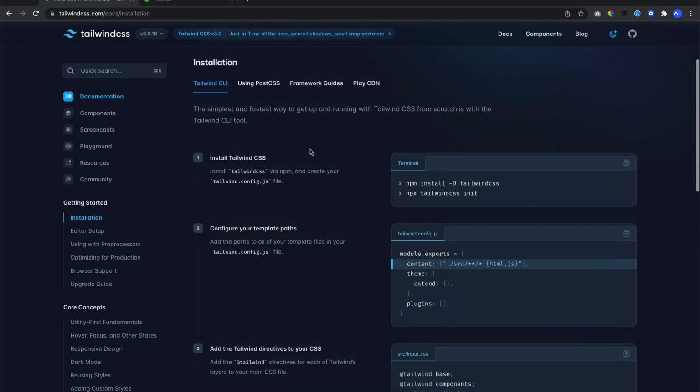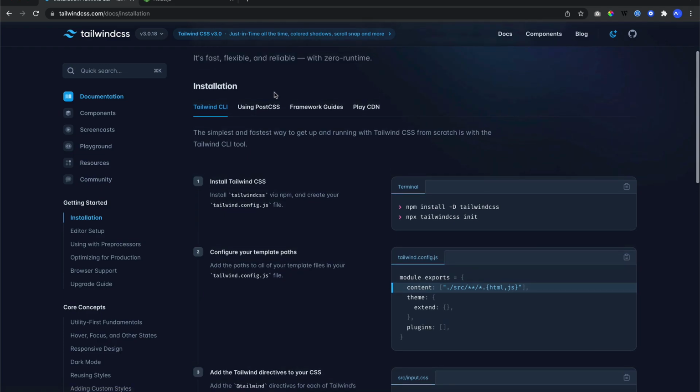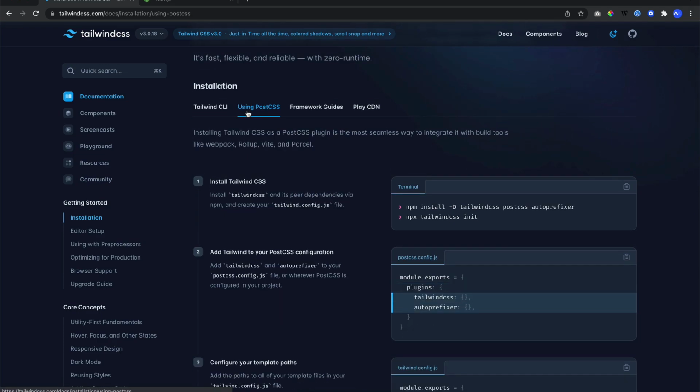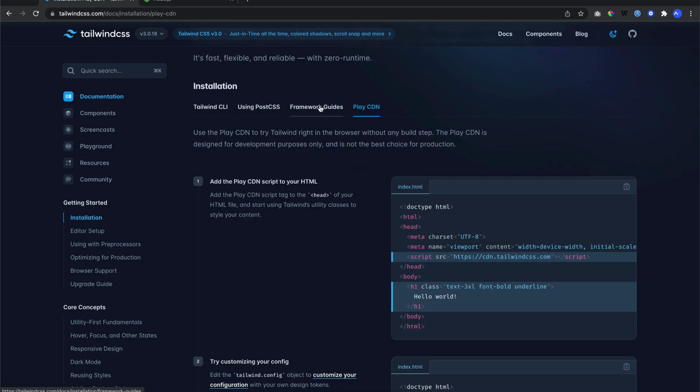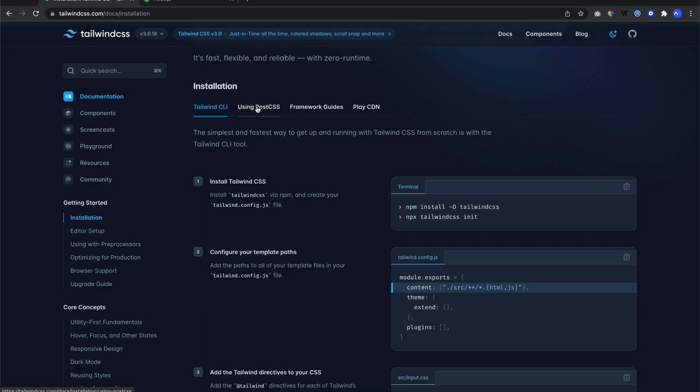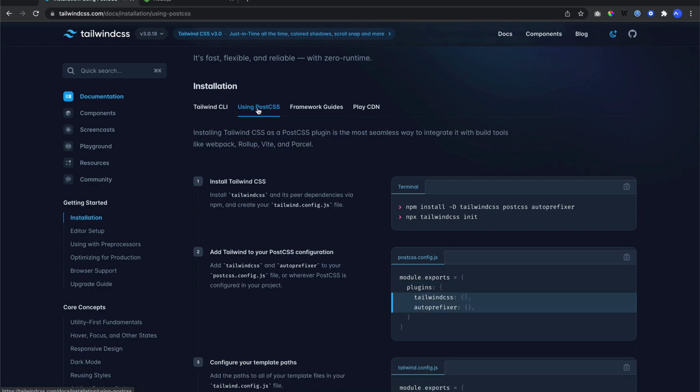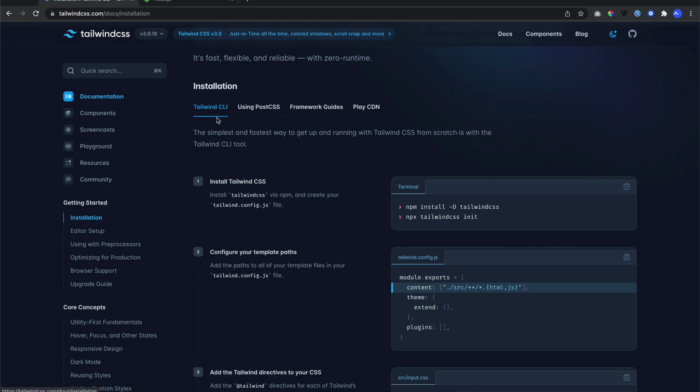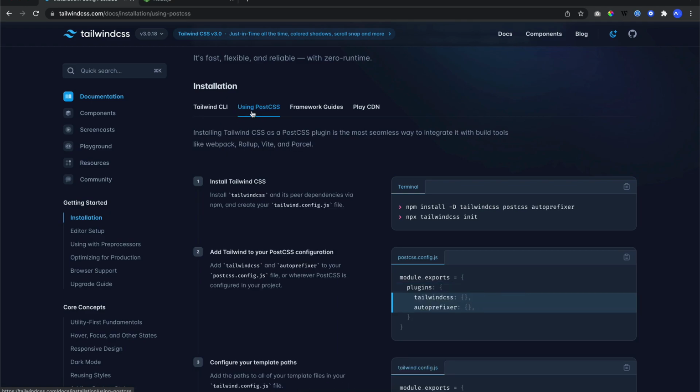We can find that they provide different ways to install this framework. If you're just going to use Tailwind in development, you can use the CDN. You don't have to worry about everything. But in this case, we're gonna install by either Tailwind CLI or using PostCSS.